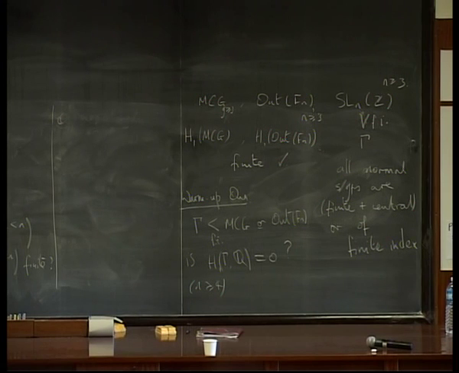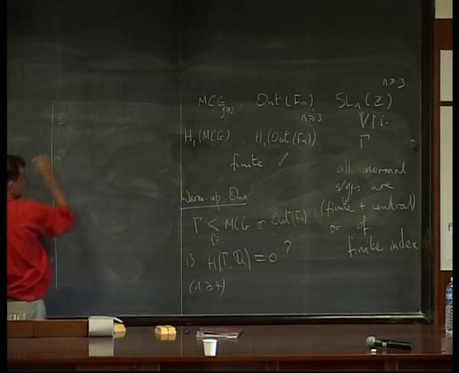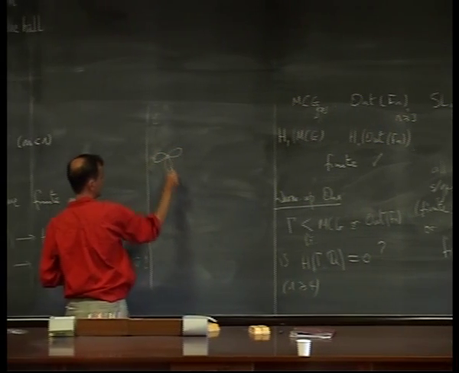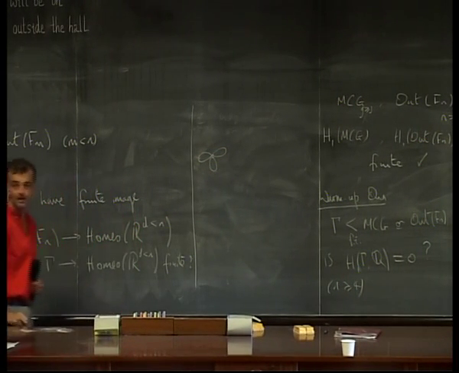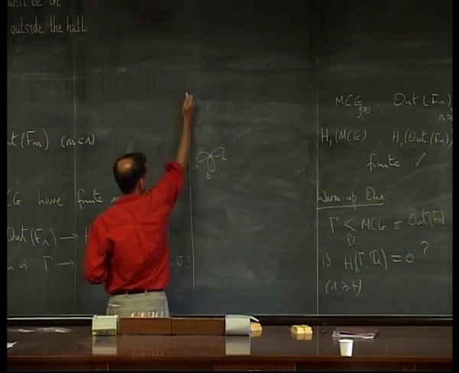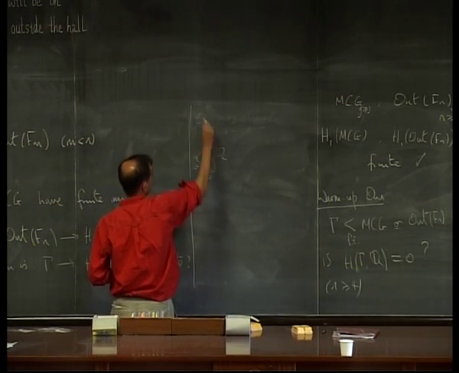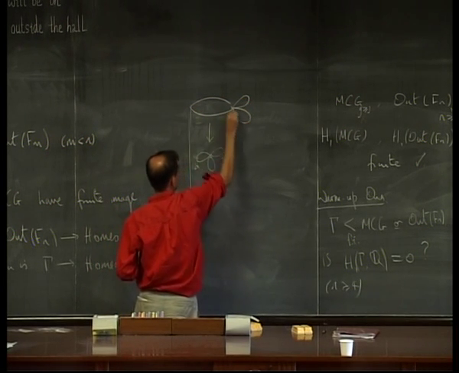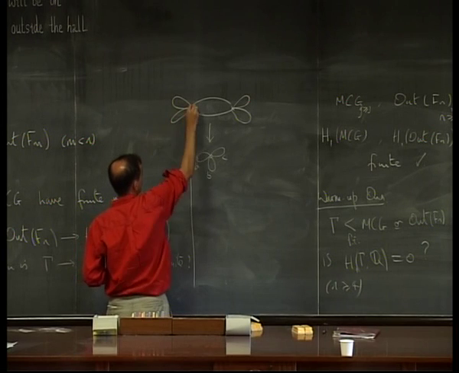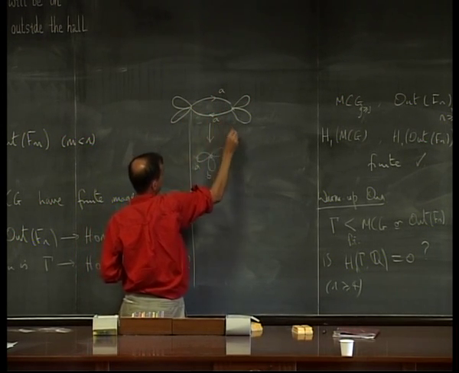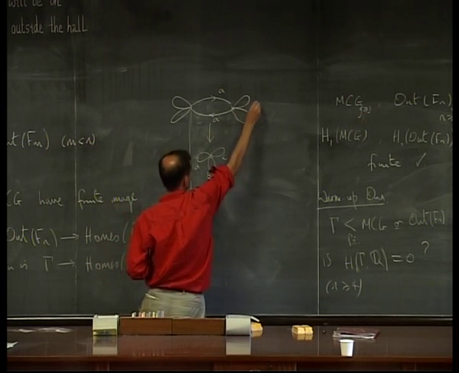Let me tell you what that is, because it's kind of an interesting construction. Take a free group of rank 3, generated by A, B, C. Take the following index 2 subgroup. Well, an index 2 subgroup corresponds to a two-sheeted cover, right? So let's say I take the kernel of the map to Z mod 2 that sends A to a generator and kills B and C.